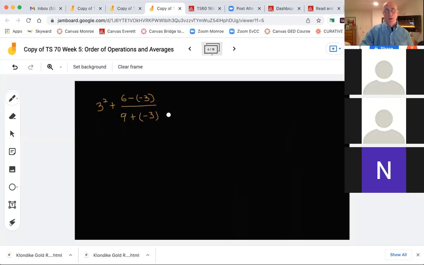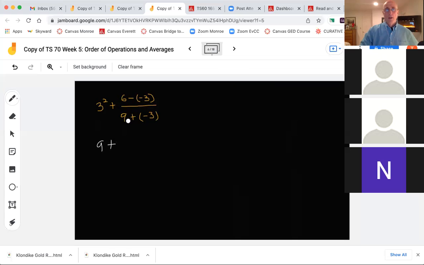Okay. In my order of operations, P is first, parentheses. Is there any math that actually needs to be done inside the parentheses, just within the parentheses here? There's actually no math needing, there's no adding, subtracting, multiplying, or dividing. There's just a number sitting there, right? So I go on to E, exponents. So what I have is, here's my exponent, 3 to the second is 3 times 3, which is 9, plus,